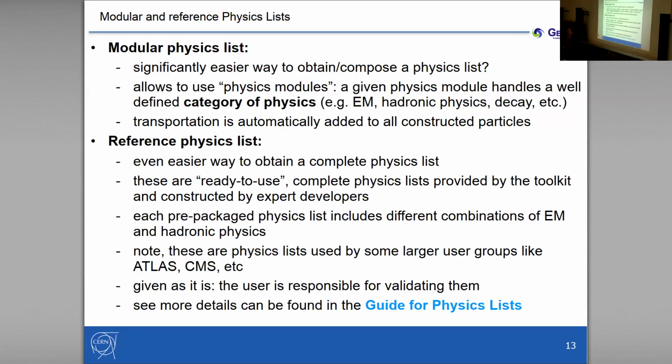So for example, you can register only electromagnetic physics, the particles associated with it, like electron, positron, gamma, and their corresponding processes. And you can do the same, for example, for some hadronic physics or for radioactive decay, and so on. Transportation is a special process that should be attached to every particle, because if a particle is missing this,